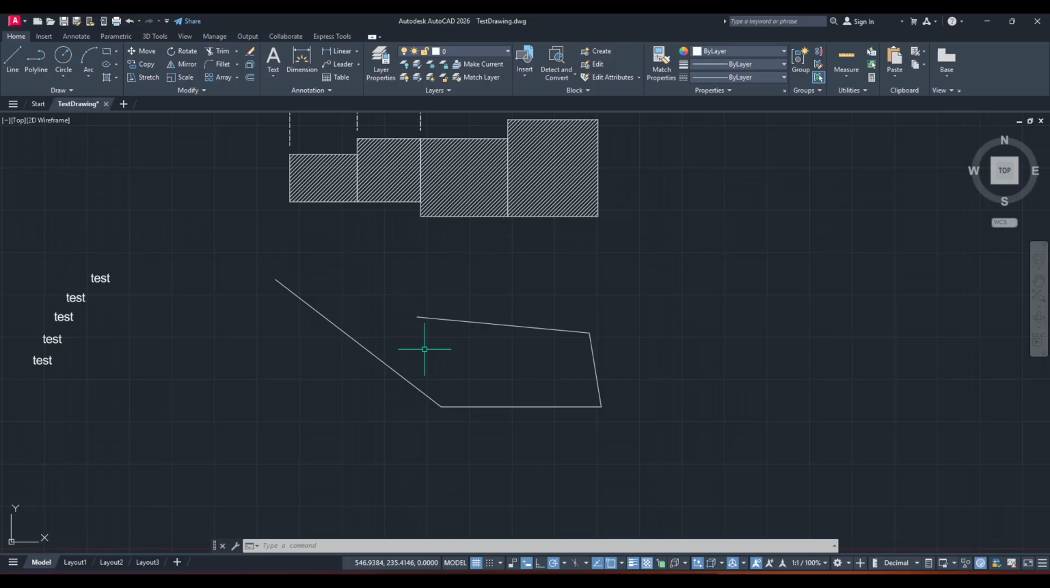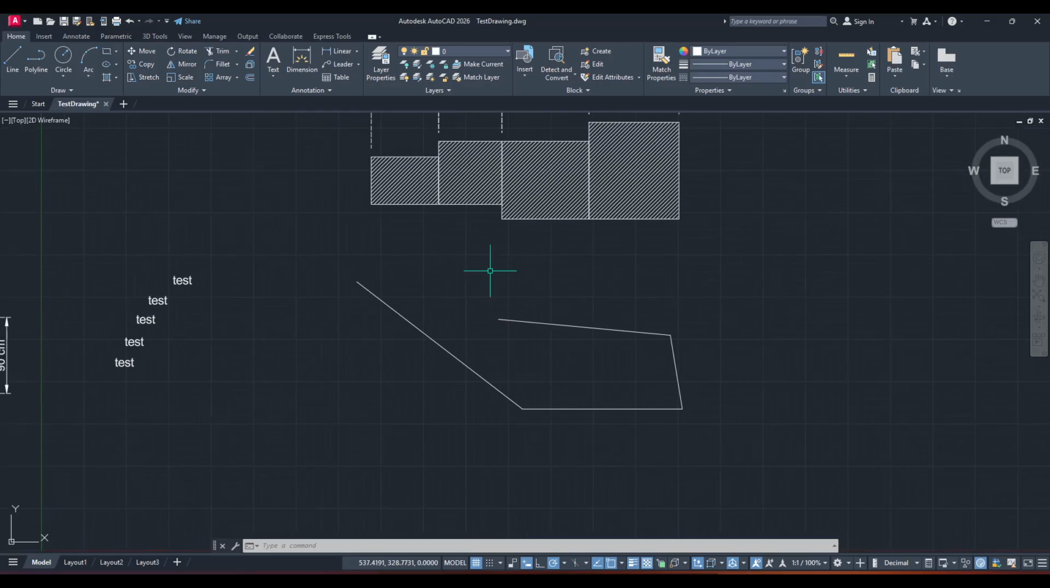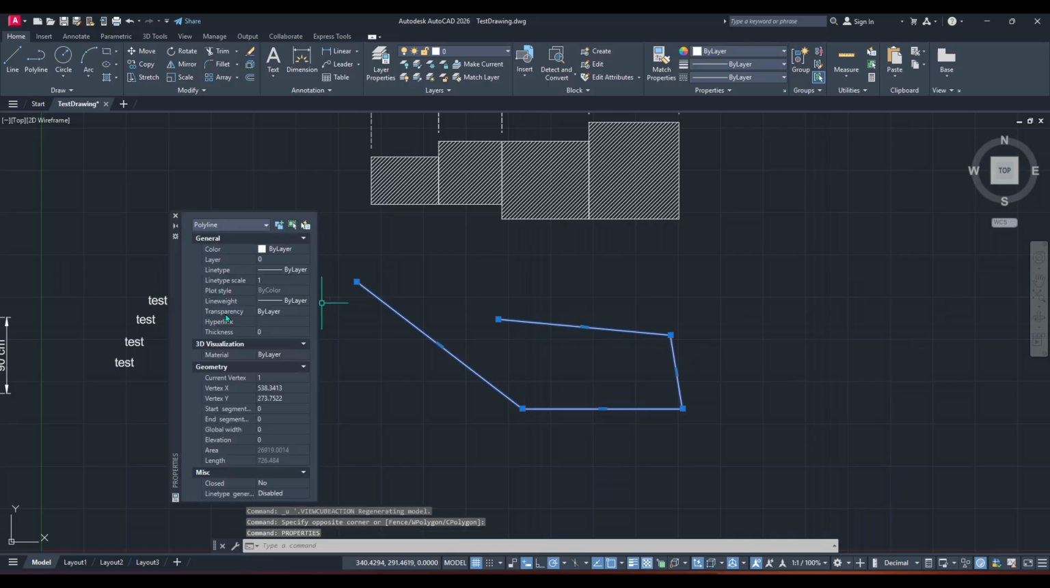Click to select the line you want to measure so it highlights. With the line selected, type prop on your keyboard and press Enter. That opens the Properties palette, which shows detailed information about whatever you have selected. Look for the Geometry section inside this palette. You'll see a field labeled Length, and that number is the exact length of your line based on your drawing's